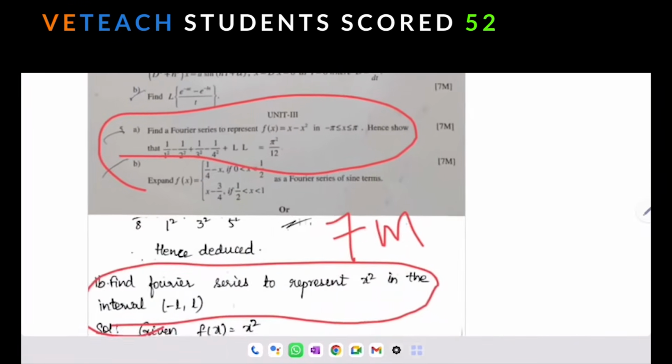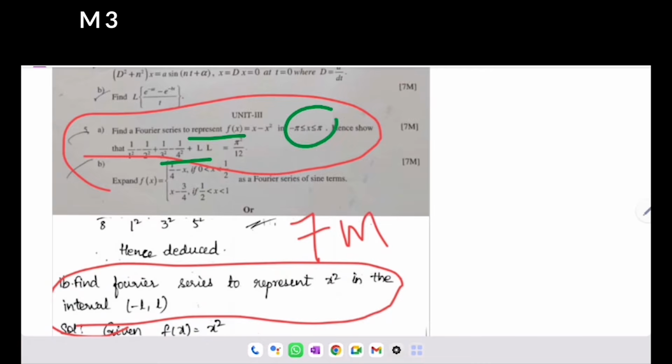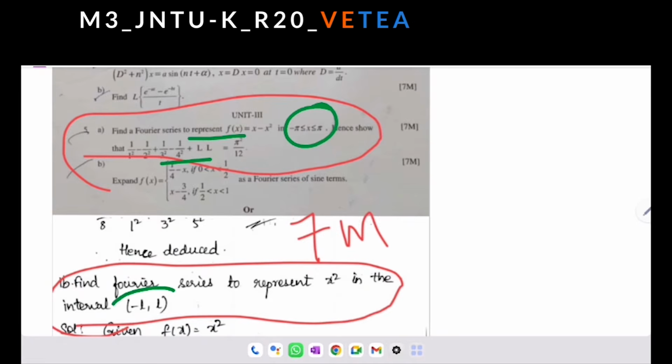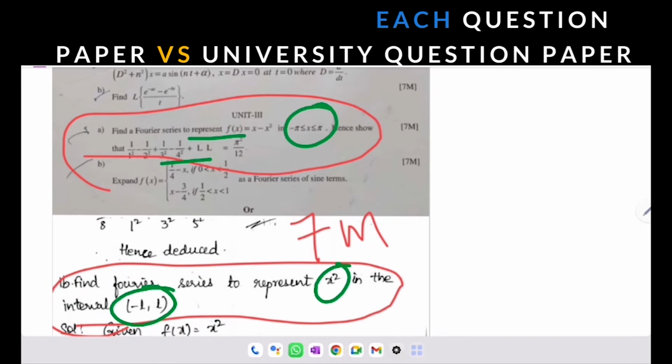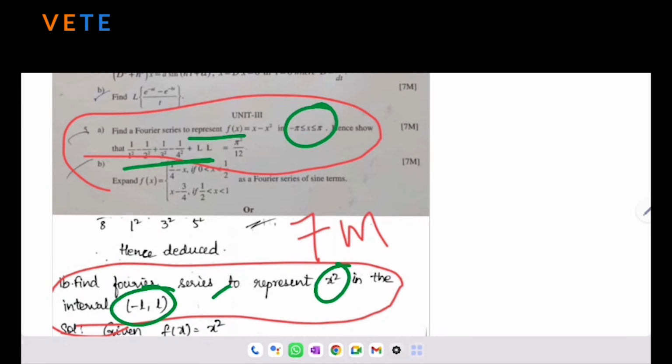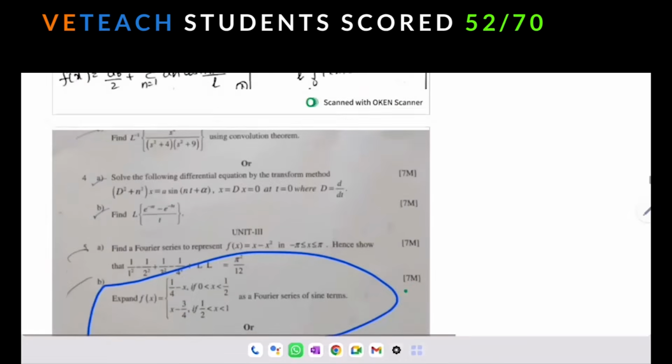The next one is to find out the Fourier series of a given function and hence evaluate a particular value, that too in the interval minus L to L. Here also we have given the minus L to L interval and the given function, and in almost every Fourier series problem other than this we have already calculated the deduction. So the same model question is repeated.